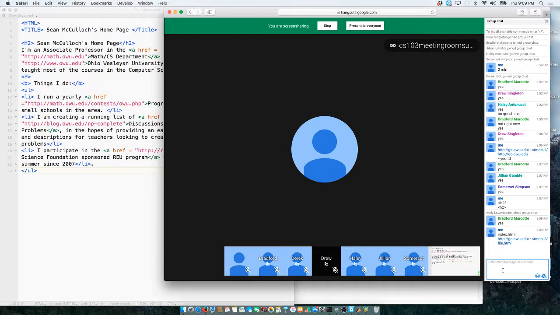The go.owu.edu is the name of the machine that we are going to. The tilde stmccul is the account on that server. And then everything after that is a file or a folder on that account. Okay, so it turns out that if you do not give the last part, if you do not give,